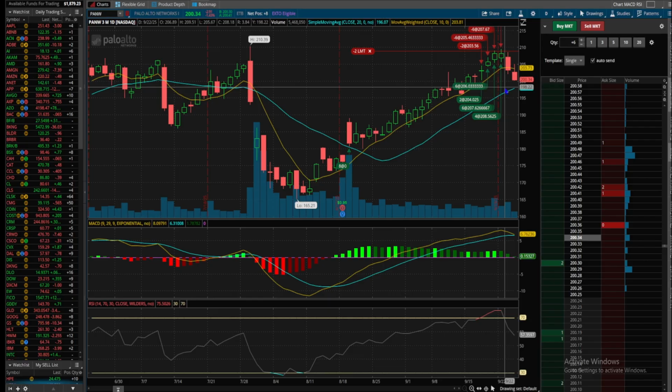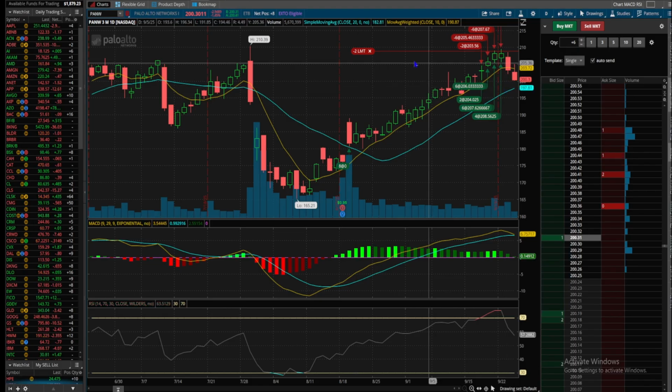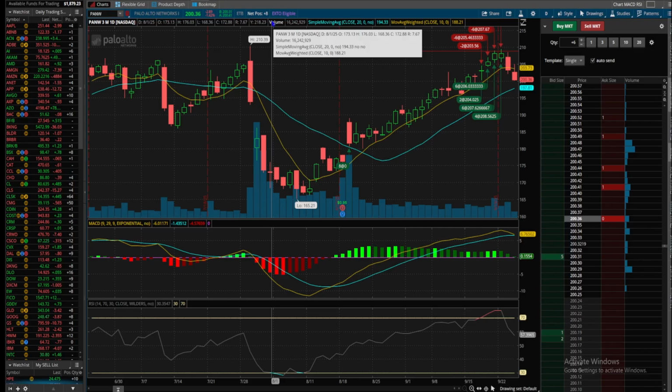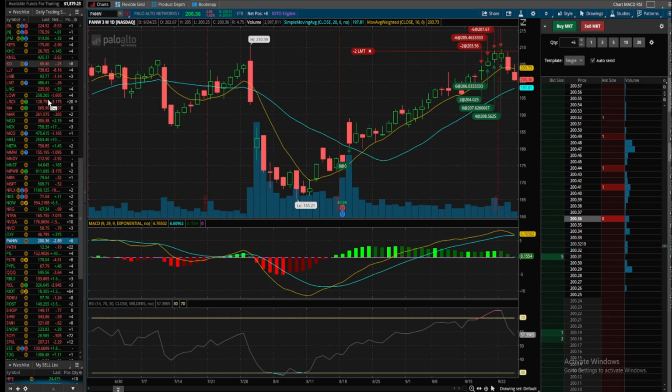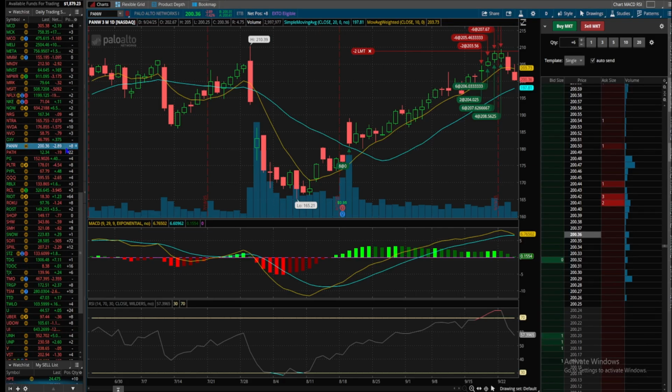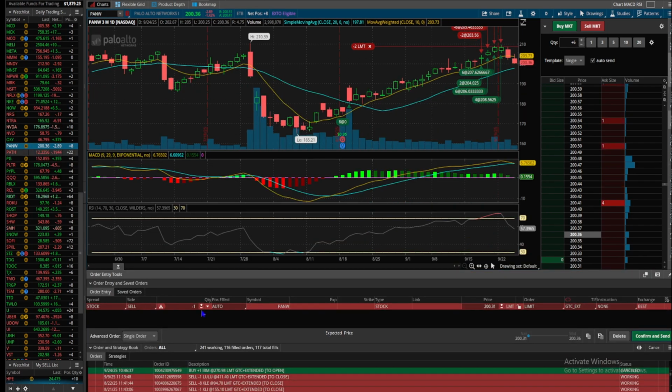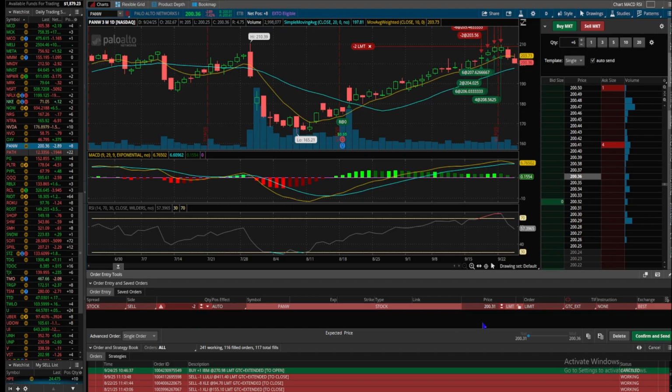However, the least expensive share of stock that I purchased is $203.36. I'm currently maxed out with 2 shares for each book, which is for a total of 8. So we're looking for Palo Alto, PANW in our watch list. Right click. We're looking to sell 2 shares, and I purchased those 2 shares, as I said,